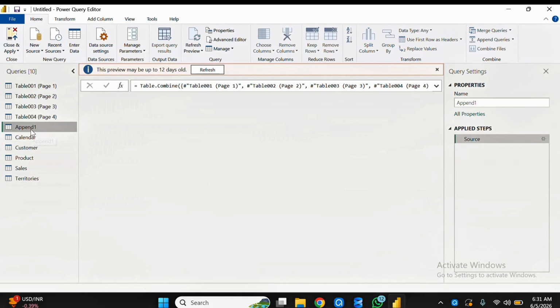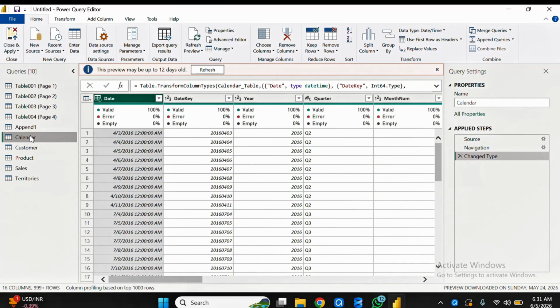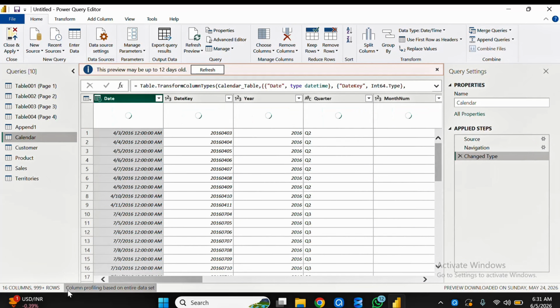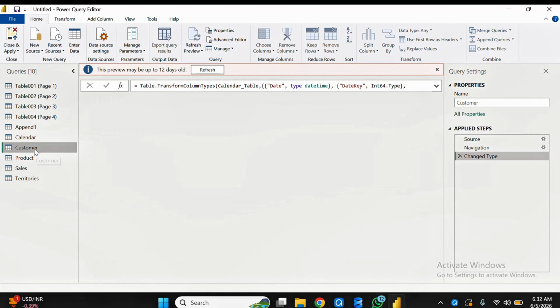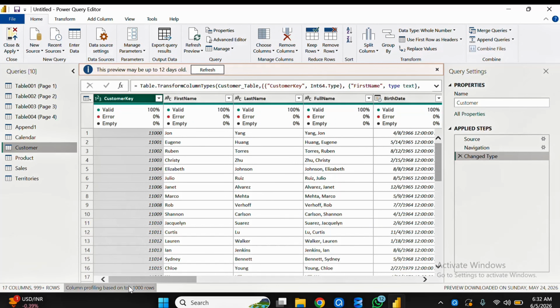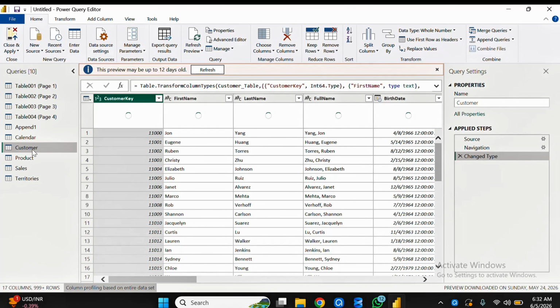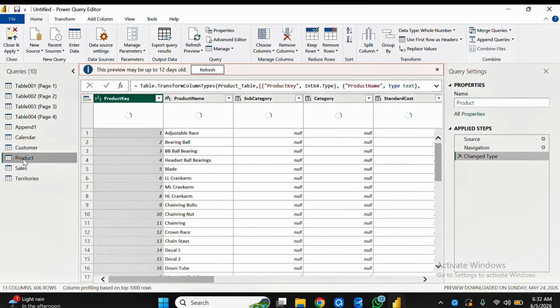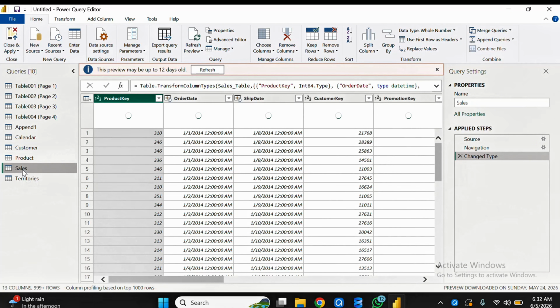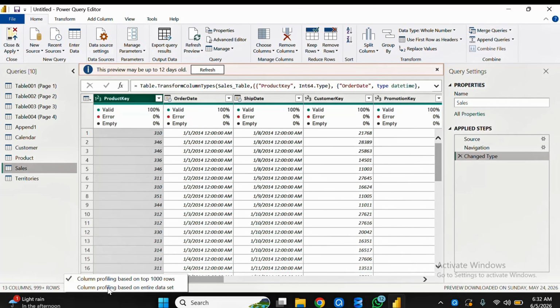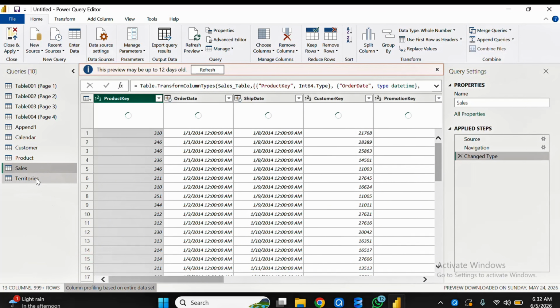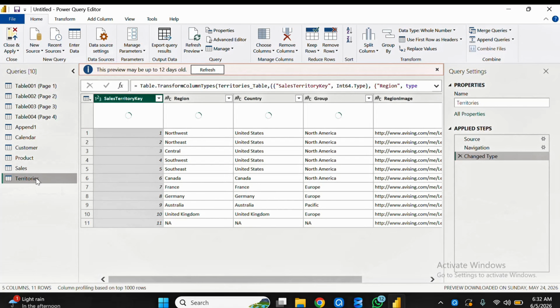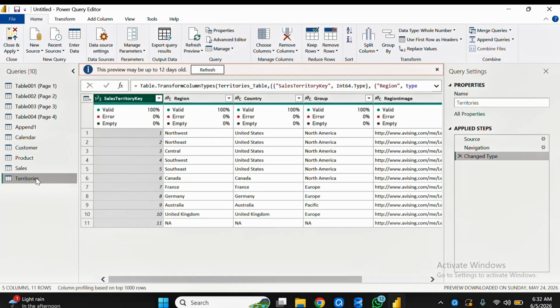Looking at this, if I click on calendar, I have over 1000 rows, and my column profiling is based on the top 1000 rows. Since I have more than that, I'll change my profile to entire data set. And customer too, I will change it to entire data set. My products, okay, it's not up to 1000, it's okay. Sales is more than 1000, so I'm going to change this to entire. Then territory is okay. So having done this, I'm going to merge